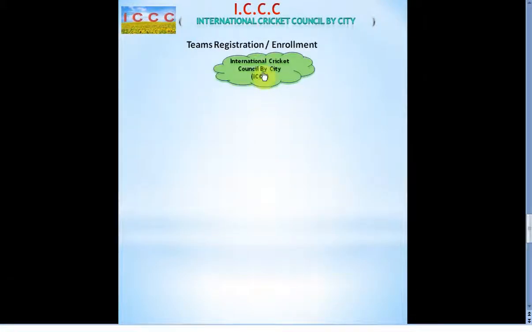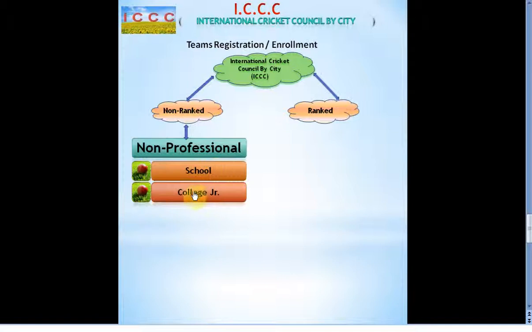Under ICC, this basically is of two types, non-ranked and ranked. Under non-ranked, you have school and junior colleges. In some places it is called 10+2.